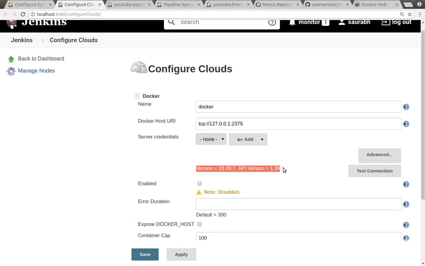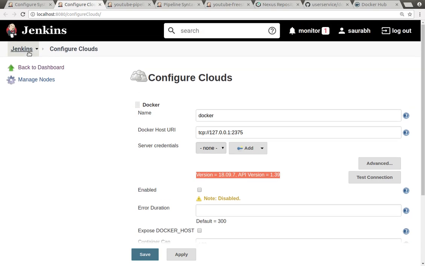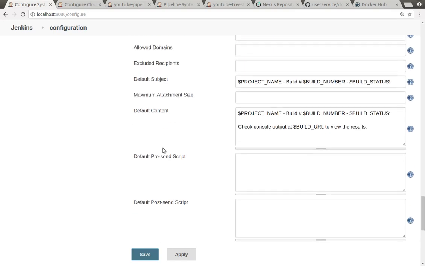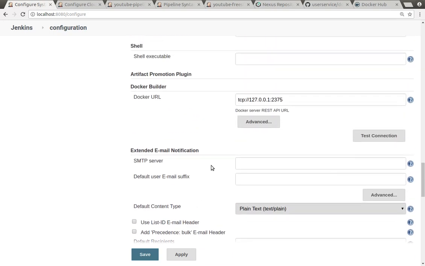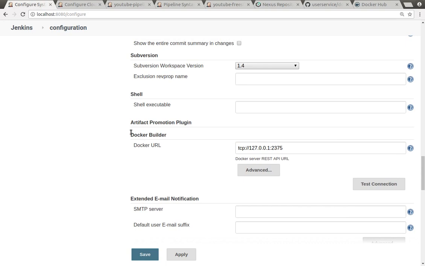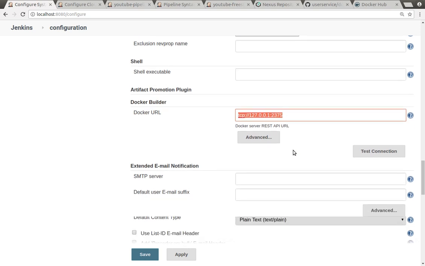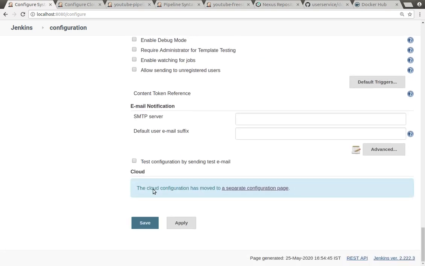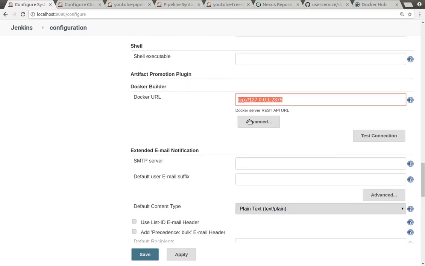So this got configured, and we need to configure some more things as part of this configuration. If you see here, for the purpose of the freestyle kind of project, I have configured the Docker builder also. So here in the Docker builder, I have given again these Docker details. The cloud configuration at the bottom I will be using as part of the pipeline kind of project, and this one for the purpose of the freestyle kind of project. So these two things I have configured.